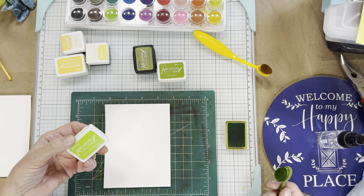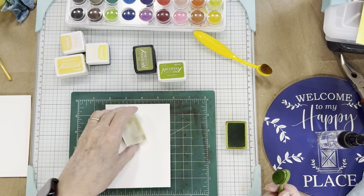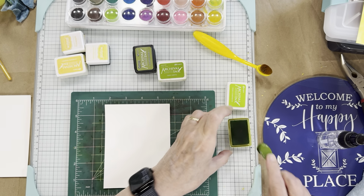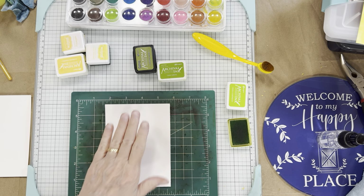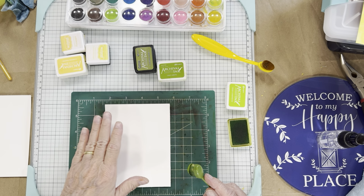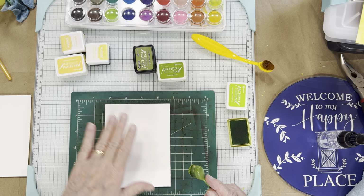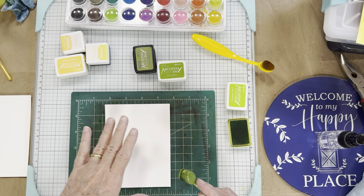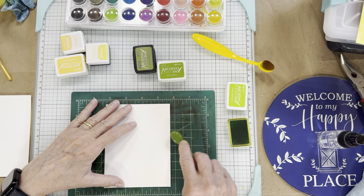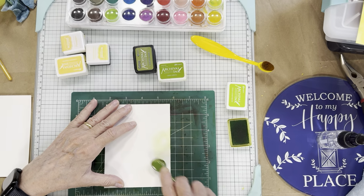And the other thing is archival inks by Ranger are considered to be waterproof, which means if we decide, for one of our backgrounds, we're going to use a stencil and put black on top of this, it won't mess with the green underneath. Okay, and the other thing is you want to start off and work on